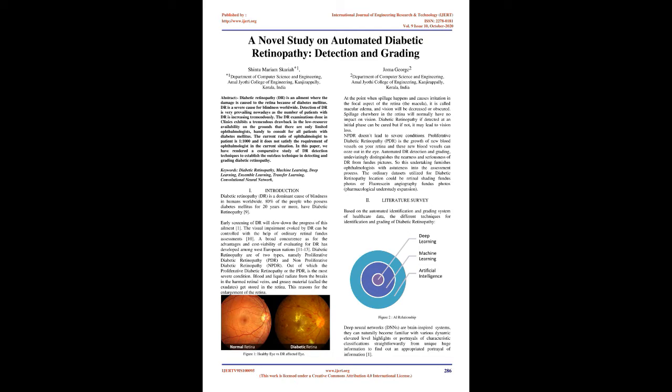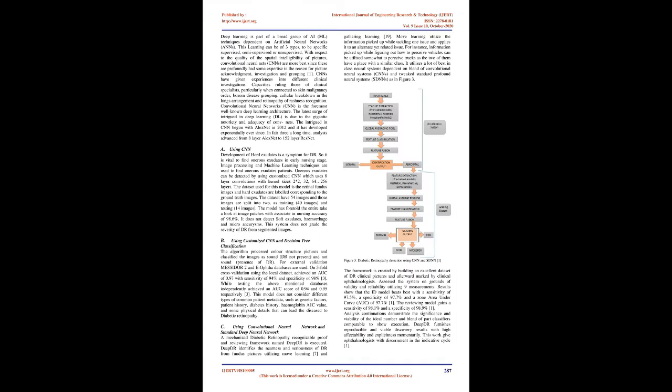Convolutional neural networks, CNN, is the foremost well-known deep learning architecture. The latest surge of interest in deep learning, DL, is due to the immense popularity and effectiveness of ConvNets. The interest in CNN began with AlexNet in 2012 and it has grown exponentially ever since. In just three years, researchers advanced from the 8-layer AlexNet to the 152-layer ResNet. Using CNN,